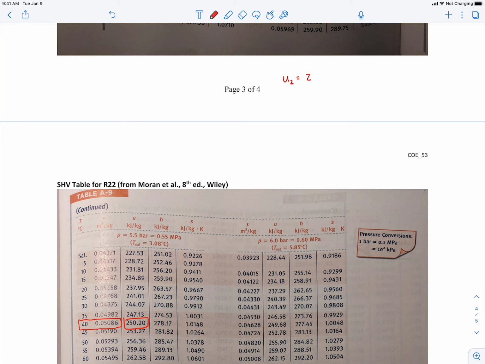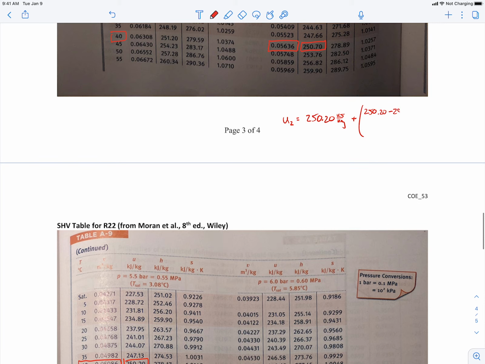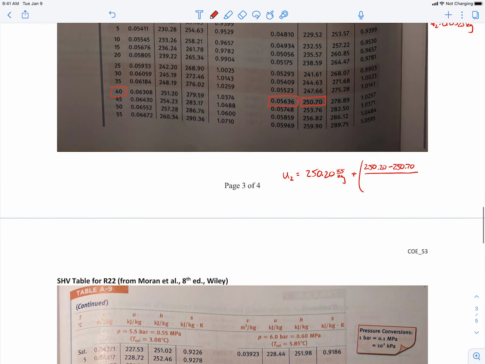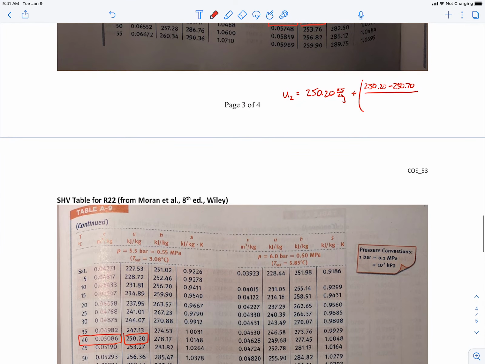I'll use the lower one: 250.2 kilojoules per kilogram plus the slope here. This would be 250.2 minus 250.7, divided by the specific volume difference. So this one would be